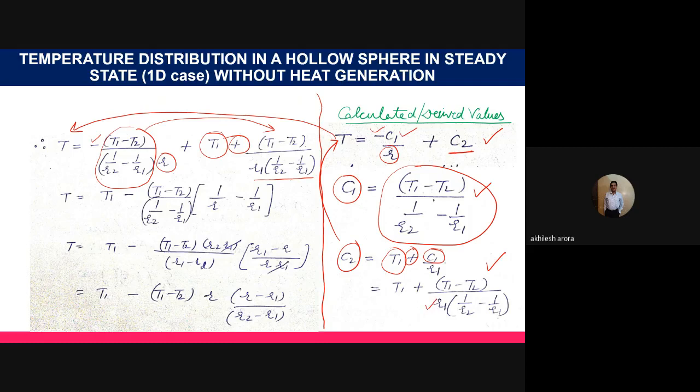Yes, you can see it here because the R1 is already there in the denominator. So R1 into this value. So you can see this is the value of C1 and this is R1 which is already there in the formula in the value of C2. So finally we can do some calculations and finally we get this particular value of the temperature distribution equation which is shown here. It is equal to T1 minus T2 into R minus R1 over R2 minus R1. So this is the value of the temperature distribution in case of a hollow sphere.